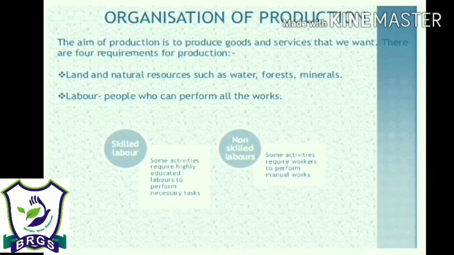The second factor of production is labor. Labor are the people who can perform all the works. Labor has 2 varieties: skilled labor, for activities that require highly educated laborers to perform necessary tasks, and then non-skilled labor, where work can be done by illiterate labor also. Okay. Then the third factor of production is